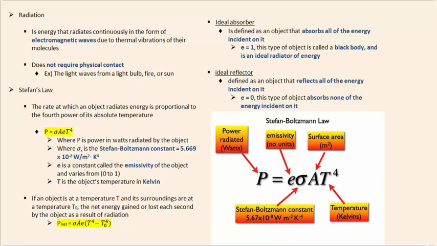And finally, our third type of heat transfer is radiation. Radiation transfers its energy continuously in the form of electromagnetic waves due to thermal vibrations of their molecules. And this type of energy transfer does not require physical contact. So the heat we feel off light bulbs is actually light waves, and the same applies to the fire or even to our sun. We can measure the rate at which an object radiates energy by looking at Stefan's law,